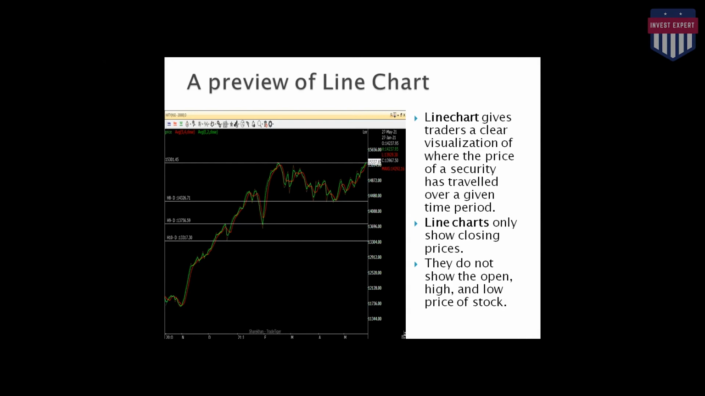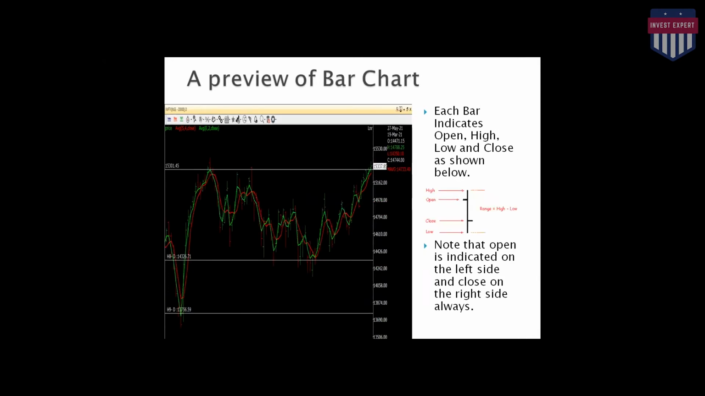So in order to have a better understanding, we can use the next kind of chart, which is known as a bar chart. Here again, every bar has 4 data points. One is open, the second is high, the third is low, and the fourth is close. So in this chart, all the 4 data points are mentioned, and the data points are connected